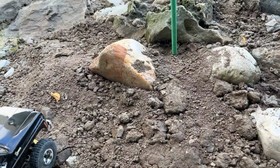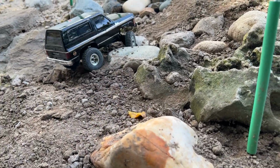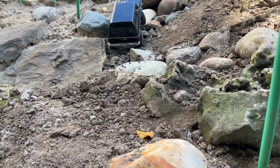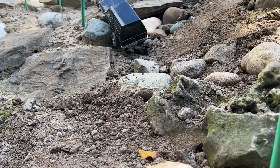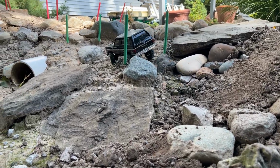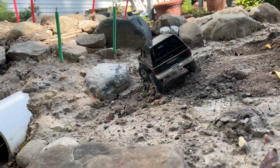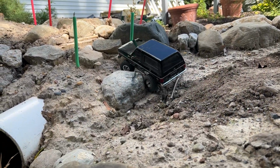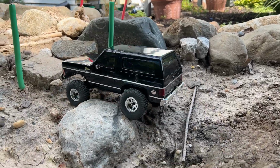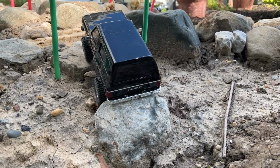I did that with my Gladiator 24 scale and it did all right. I was wondering if this would be about the same because it's pretty close to the same wheelbase, just a little wider. But again, I did do all this stuff with the 24 scale and that one's still brushed, so I thought it'd be a kind of a fair comparison. But it does have some brass and other upgrades that help it out. This is box stock, so I'm actually quite impressed so far with how it's getting through here